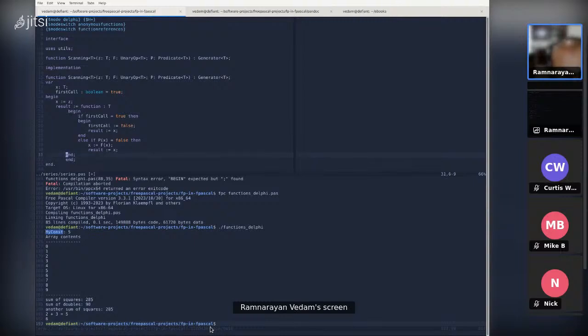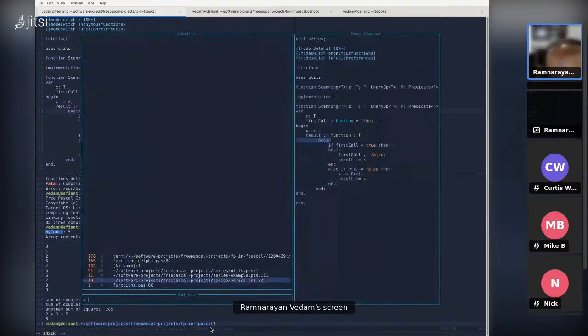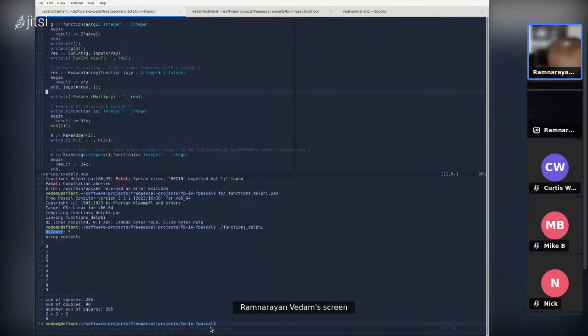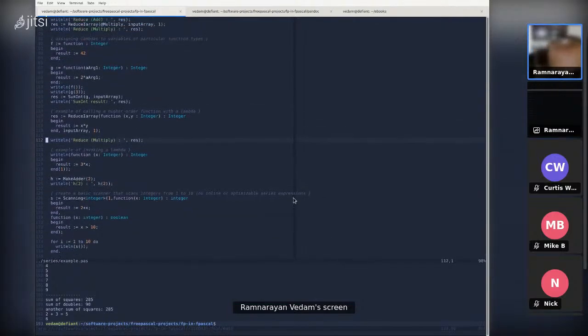So here, this is not too bad. But when it's being used, it could get a bit unwieldy. Let's take a look at this.